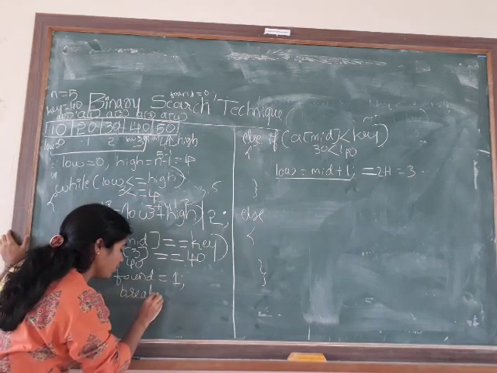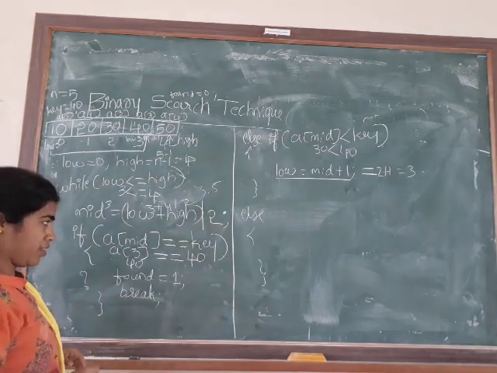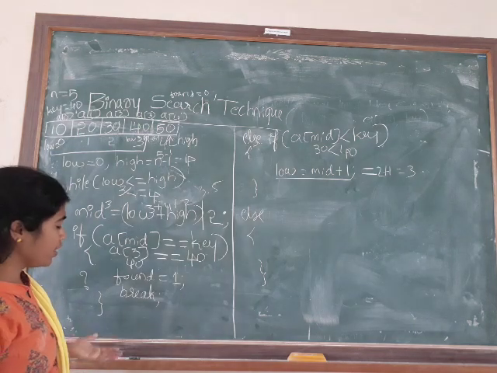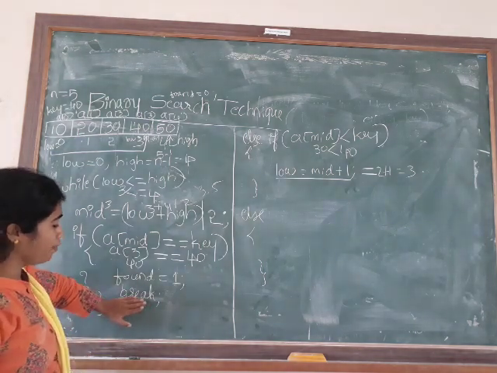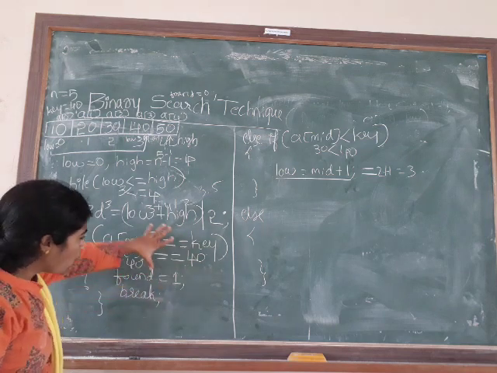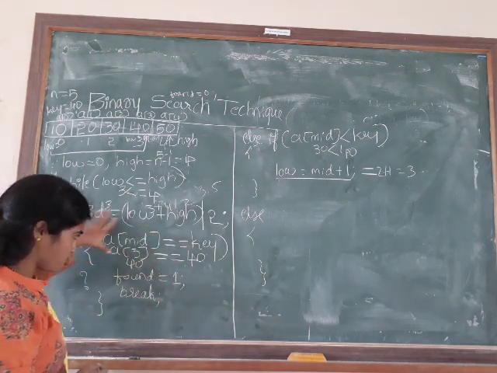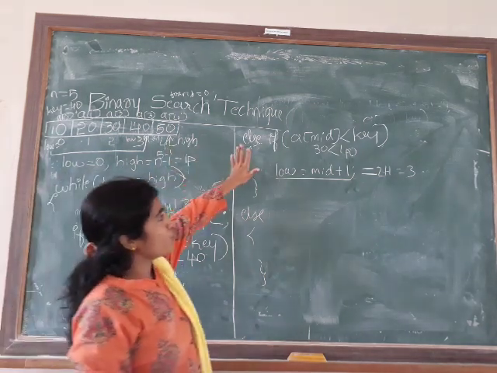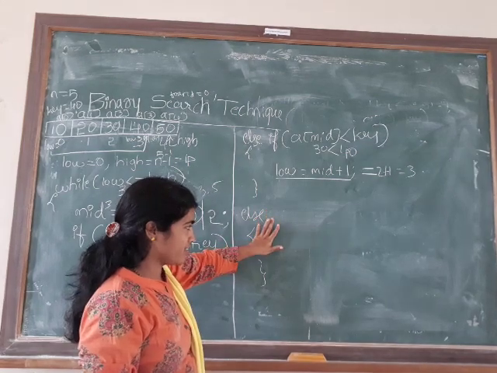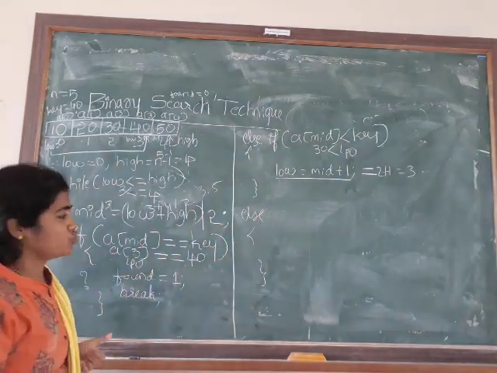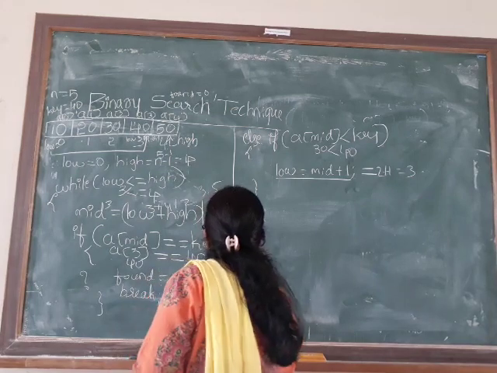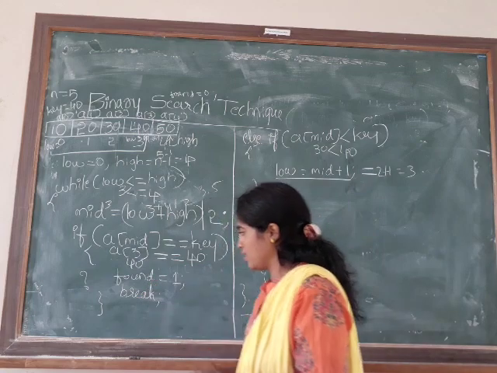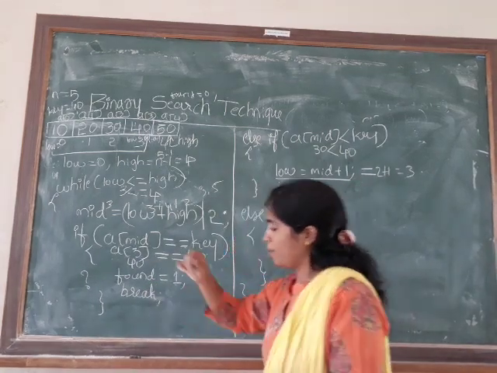You might be thinking, madam, why are you taking break? If it is found, there is no need to go for further iterations. Already my key is found. That's why I am keeping a break here. So once this particular if becomes true, according to the cascaded if else, it will never go for checking else if and else with respect to these values. So definitely where will it come? It will come after the loop. It will come after the loop, because another reason is also that I have taken a break here.